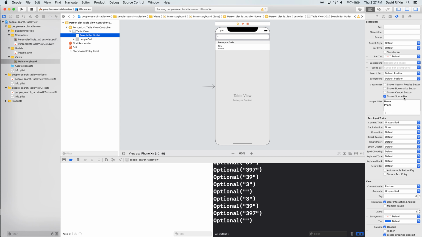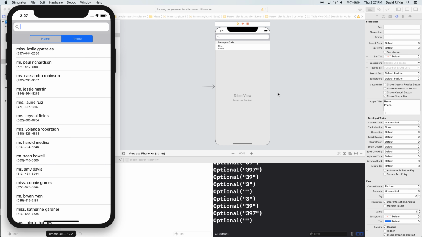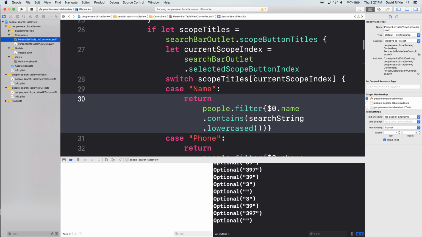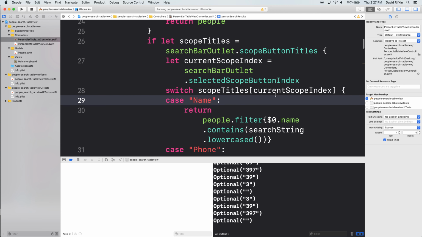Then I needed to make sure to check off shows scope bar because, Carrie, why did I check that off? Why did I check off this button right here, or this little check mark here? So I could see name and phone up here. Because otherwise they wouldn't have showed up and you wouldn't have been able to tap them, and what would have been the point? Cool. So when I run that with my old code,